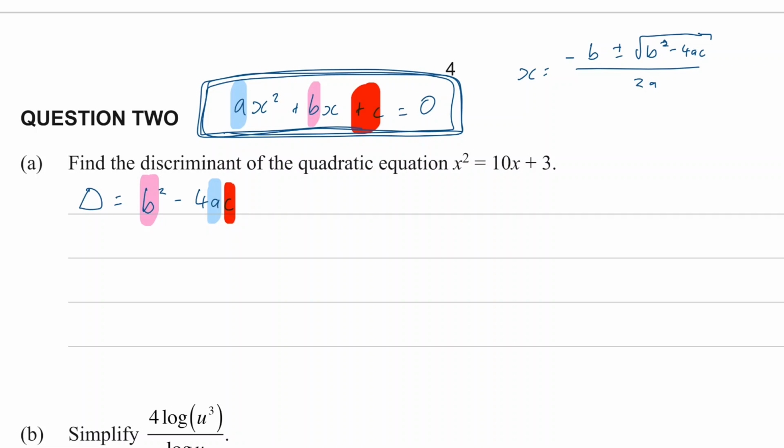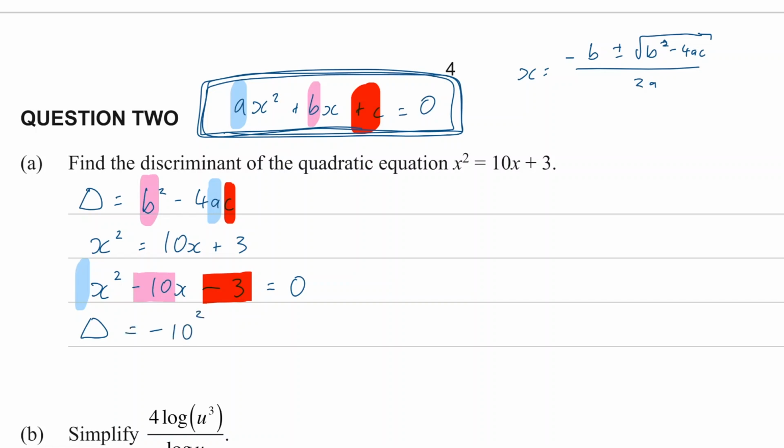All right, so we have x squared equals 10x plus 3. I'll subtract 10x from both sides, and I'll subtract 3 from both sides. And now notice we have the a term, which is 1, the b term, minus 10, and the c term, minus 3. So in the discriminant, b would be minus 10